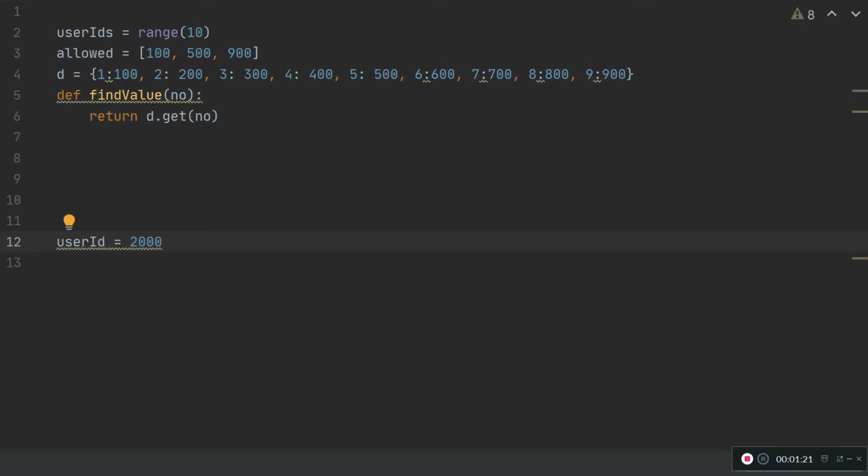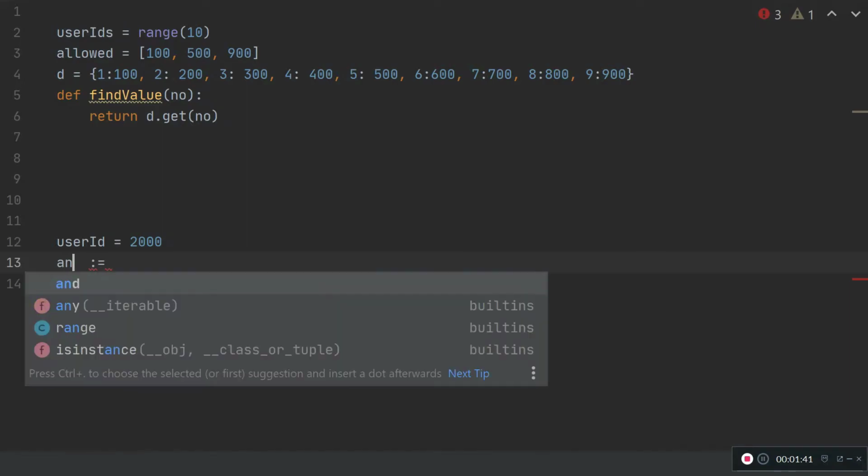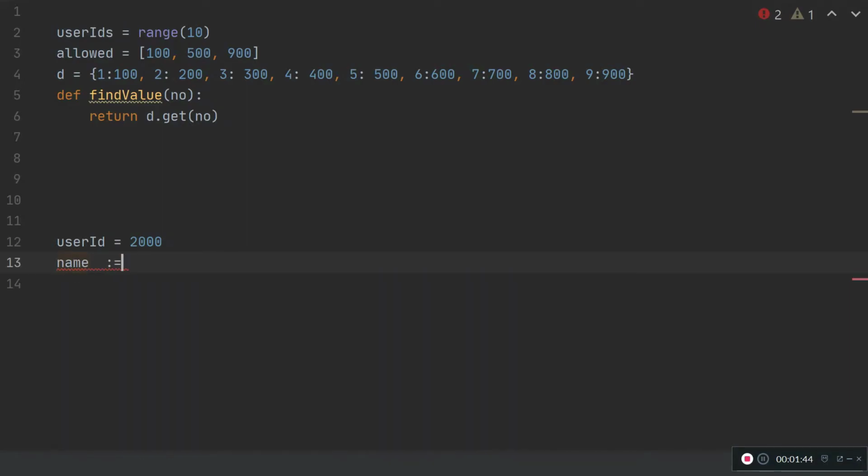Now we'll see what an assignment expression or walrus operator is. So the walrus operator is this one. If I write any code in between like this, that becomes a walrus operator or assignment expression. Let's say I am using some name variable and I'm assigning some value, let's say the string ABC. What does it mean? When I use the walrus operator, the string ABC is getting assigned to name and this ABC will be returned.